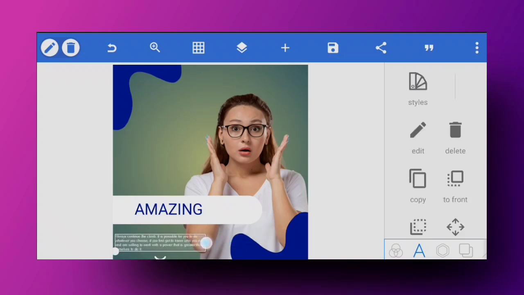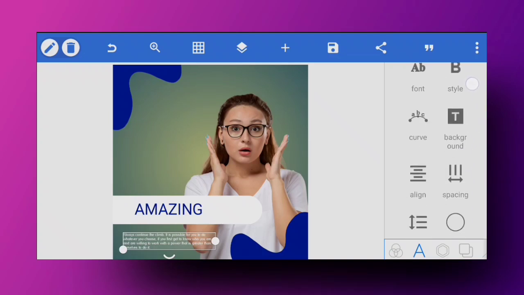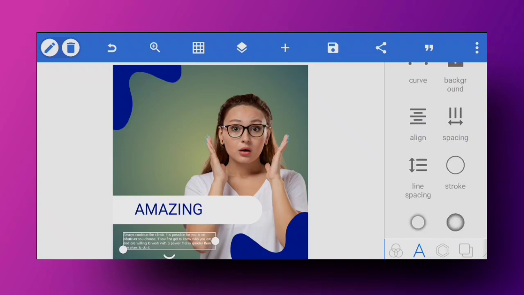So if you click on this function right here, you can now control the way the text is presented. You can click on this and see how it actually works, and this is how you can add text to your design. So I have basically shown you how you can use this function right here.